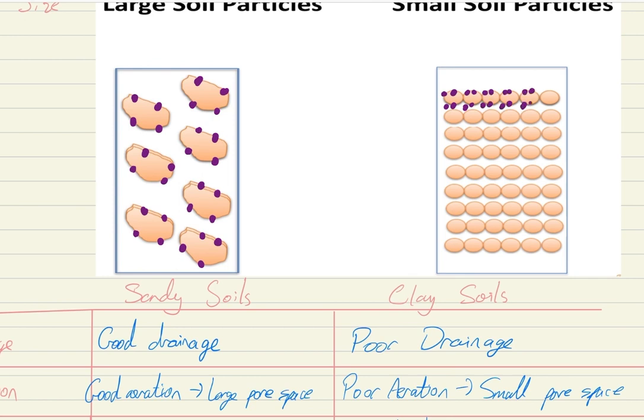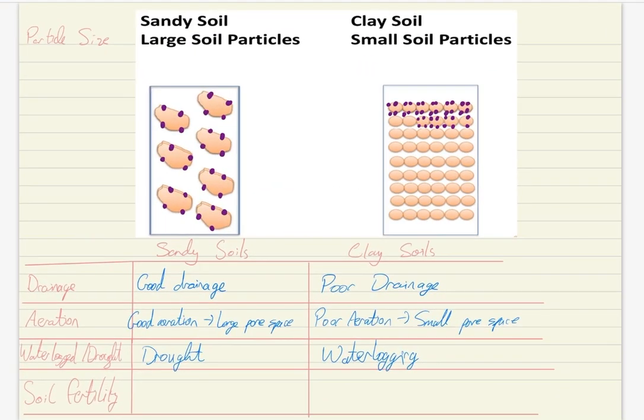clay soil should be more fertile than our sandy soil. So even though it is poorer in our drainage and aeration, it definitely is able to take on more soil nutrients that you're going to get from spreading your fertilizer, spreading your farmyard manure, spreading your slurry. Okay, so we'll fill in that. So our soil fertility in our sandy soils is going to be